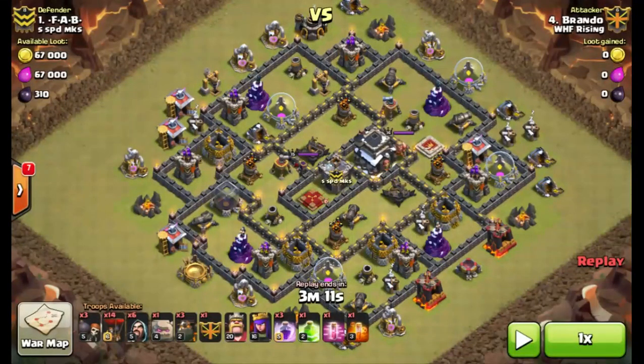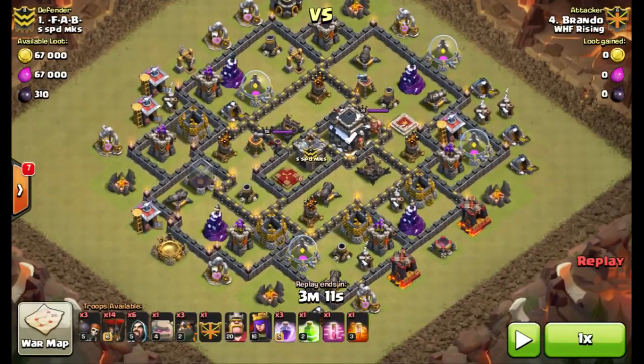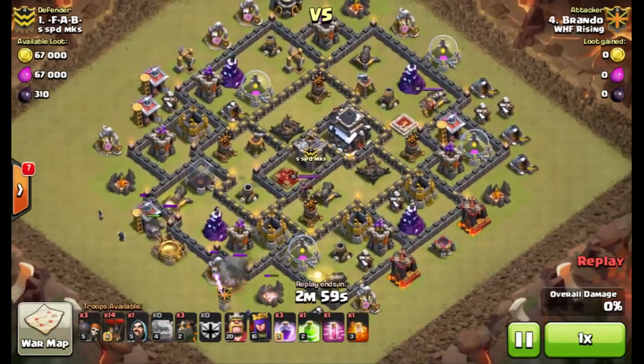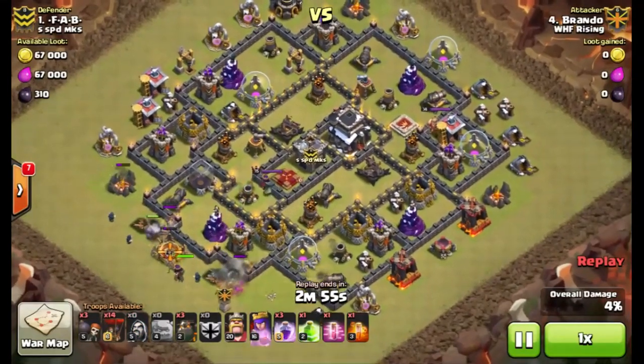All right, so same base, completely different strategy, completely different entry points, completely different composition and deployment here. So Brandon's going to go ahead and hit the exact same base, and he's going to bring a Shattered. So he's going to bring the same entry as far as 2 golems, 1 max and 1 of his own. But he's going to go ahead and jump in this time,